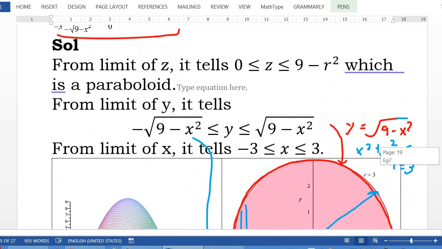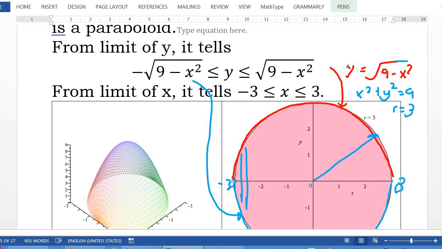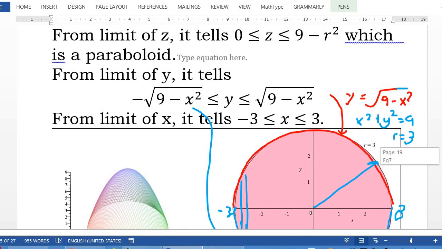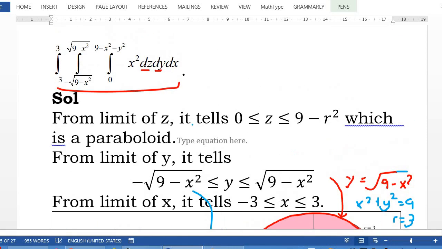And when you square back, y equals positive or negative square root of 9 minus x squared, you get x squared plus y squared equals 9. You get r equals 3. So from here we know that the limit for r is 0 to 3, and this is a full circle, so theta is from 0 to 2 pi. And from the paraboloid, we know that z goes from 0 to 9 minus r